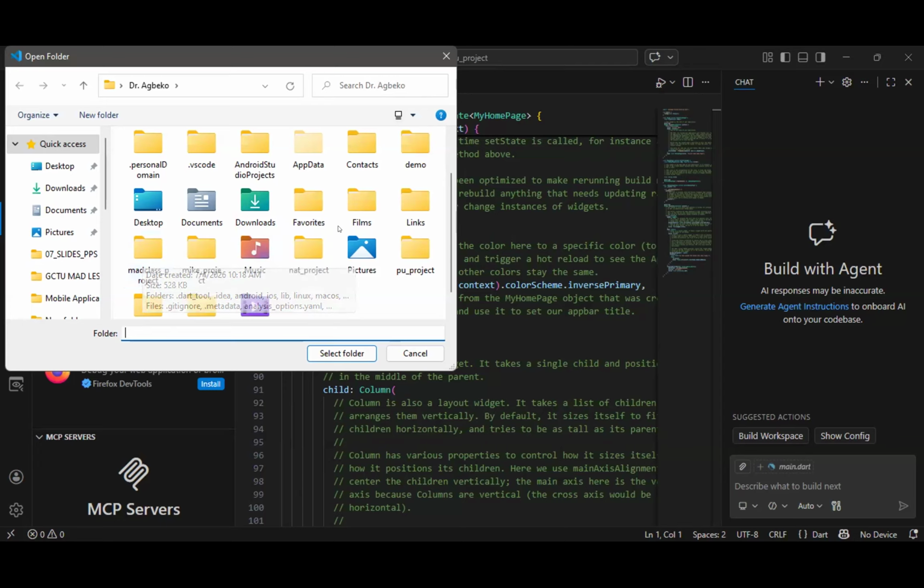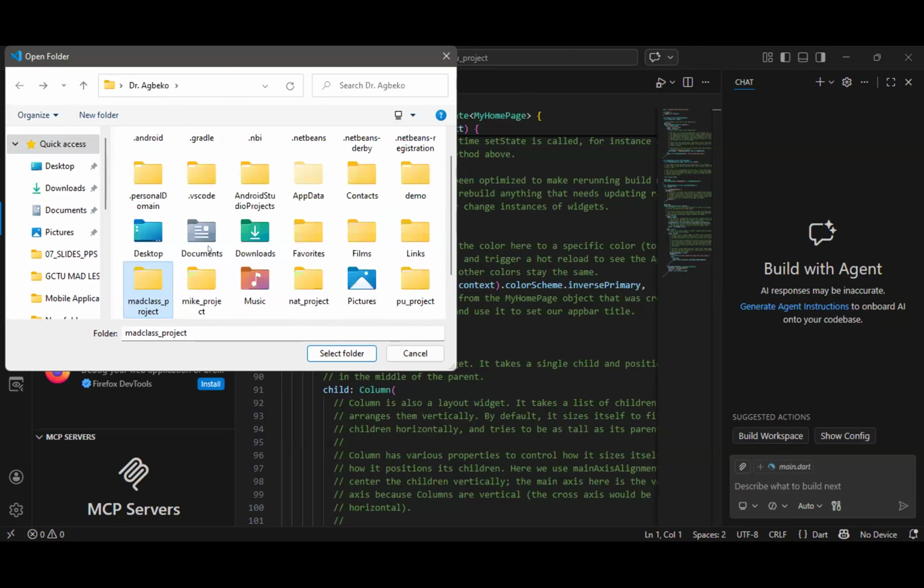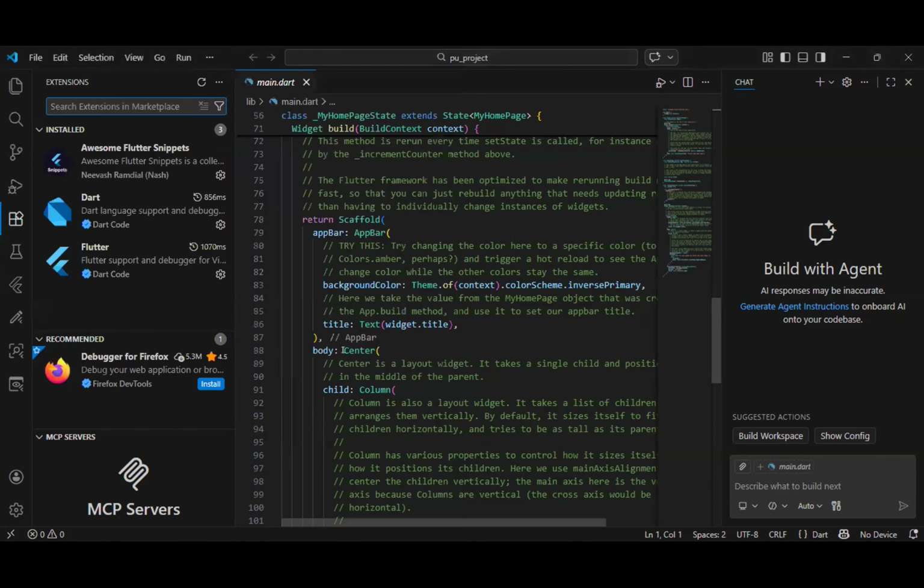So when you come to the VS Code and you go to File and then you click on Open Folder, there are a lot of folders there. So you click on the one you created, the MAD class project. Click on it. Wait, go back. Click on the MAD class project and click on what? Select Folder. So when you click on Select Folder, wait.